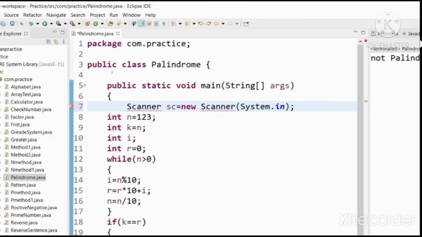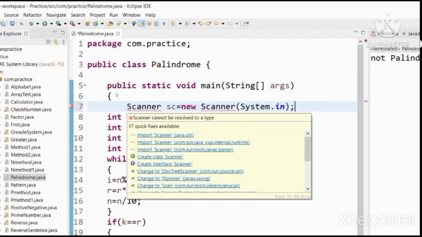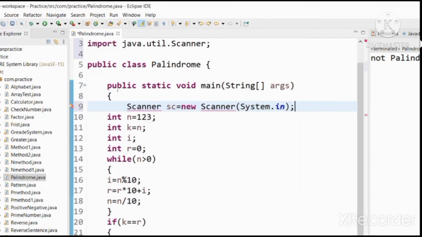Here we are getting an error, so we import the Scanner class and my error is solved.